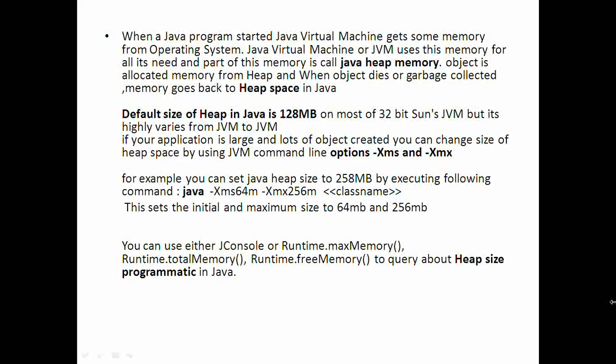So if you see in the example I've written, I'm setting the initial size to 64 MB and the maximum size to 256 MB. So this is one of the ways by which we can increase or decrease the JVM heap size and thus overcome the out of memory problems.